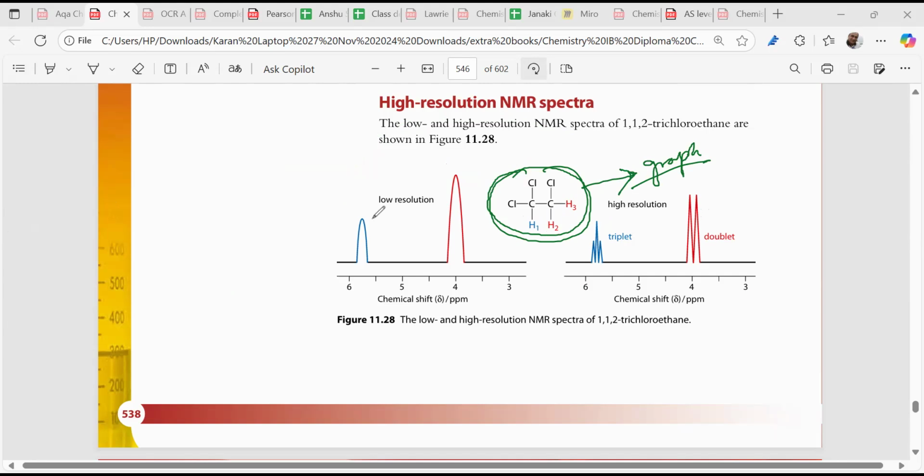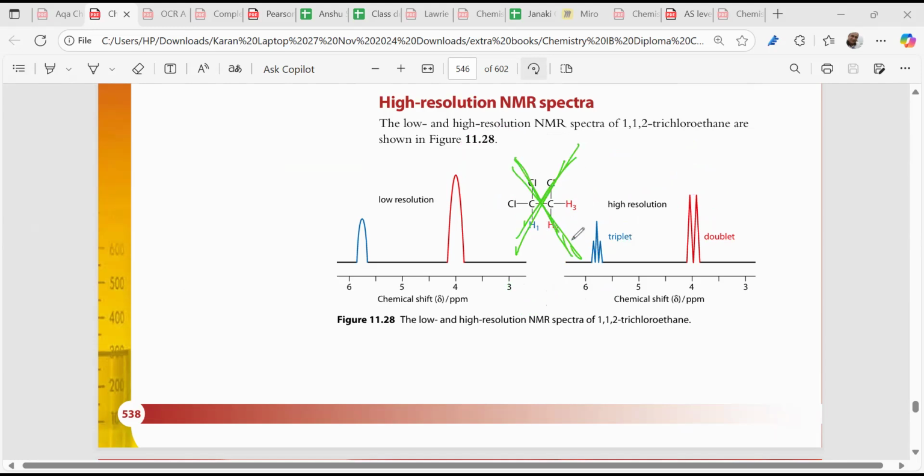How to draw the graph? One hydrogen is there. It will split the next carbon's peak into how many peaks? N+1, that is 2. Now, if you have 2 hydrogens over here, that will split the next carbon's hydrogen into how many peaks? N+1, that is 3. So this is a very important portion we have to master. Now listen to this. If you have not been given the molecule,